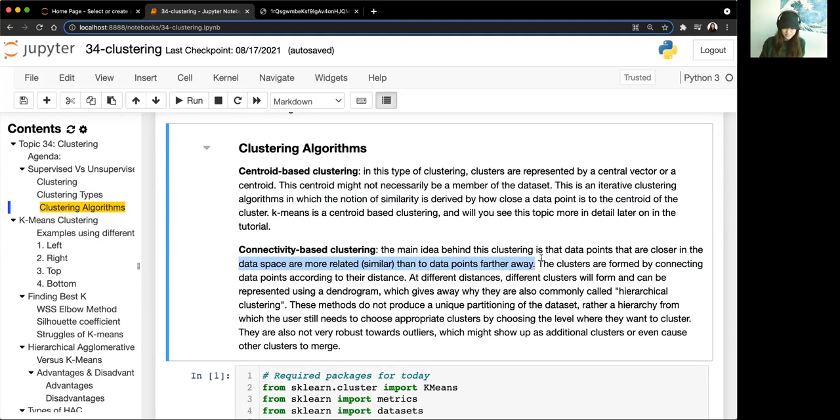If you have two movies and the only difference is, let's say, that you have the same movie but dubbed in different languages, those two movies are going to be extremely similar because all of their features are the same except for one. So that's an example of closer in the data space being more similar versus points that are further away. We also have some visualizations to showcase how this works, but the clusters are formed by connecting data points